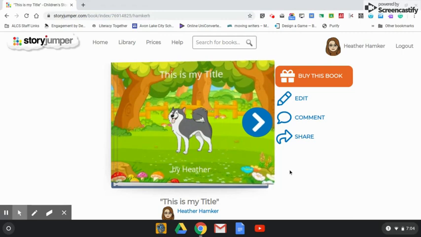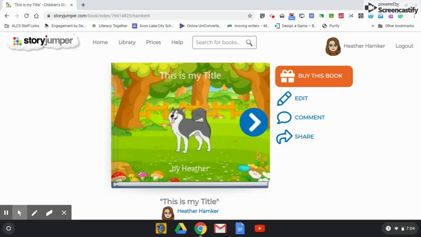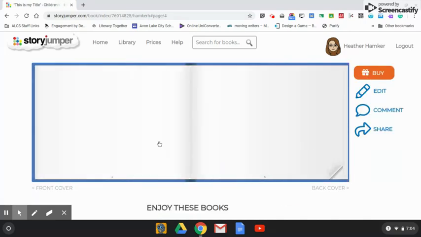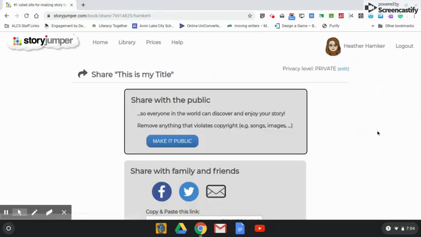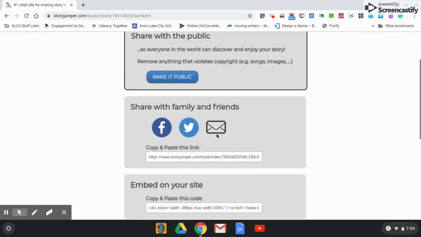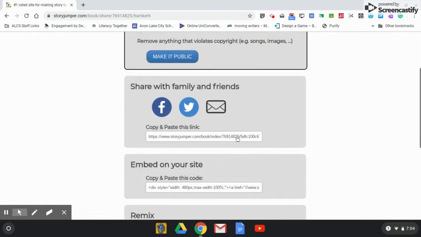But if you just want them to write a book, go ahead and have them try writing a book and use StoryJumper. Like I said, I didn't write a story yet on this one, but they could add their audio and read the book aloud. And how cool would that be? All right. And then the sharing link, they would give you a link, and here you go. You could send this to your parents and they could actually view and listen to their